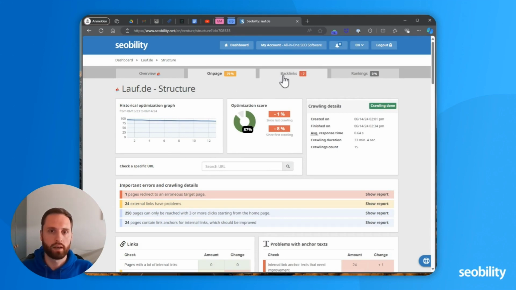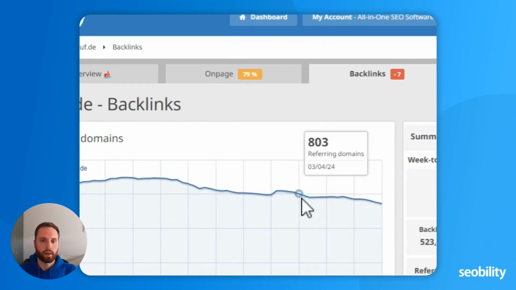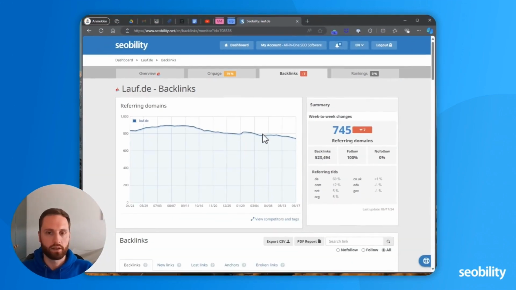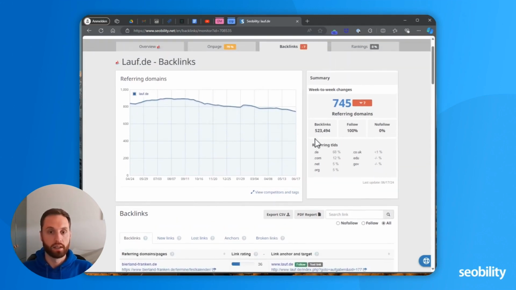Okay, so that was the on-page part, the website audit of Seeability, and now we're looking at the next module. It's backlinks. Backlinks are links from other websites to your website, and you generally differentiate between referring domains, which is usually one website, and referring links, which can be more than one link from the same domain. For example, Friendly Business is linking to your website. However, they do it in the footer, and they have 20 pages on their website. You would have 20 links from one referring domain. That's an example.